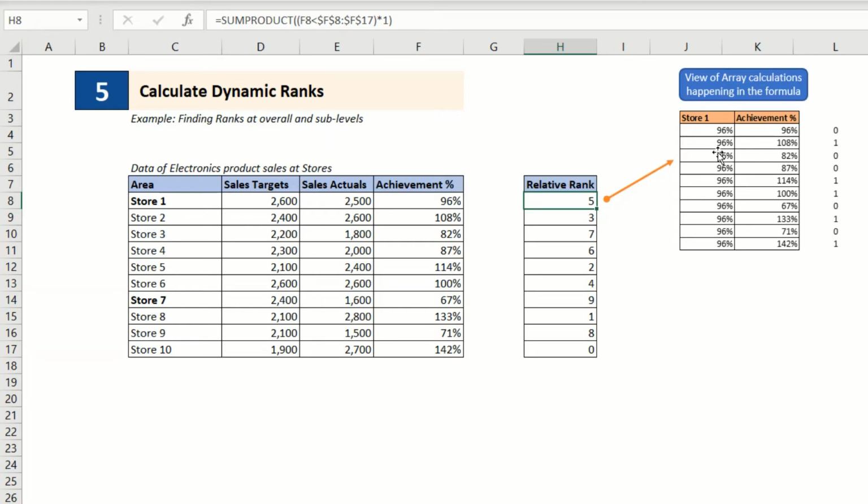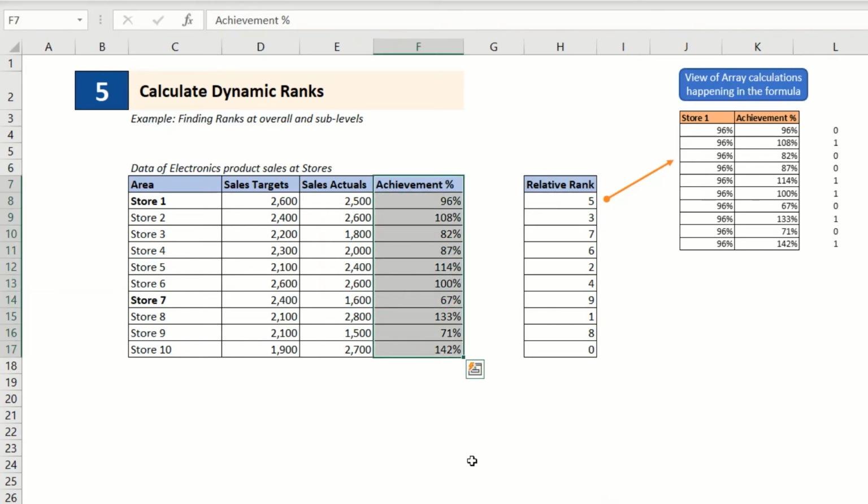Wherever the percentage achievement for store 1 is less than the value on the right side, we get a 1 flag, else we get a 0 flag. So in total, we have 5 ones here, which means that the percentage achievement of store 1 is less than 5 stores. A similar comparison is done for the percentage achievement of every store against the 10 numbers in this column out here.